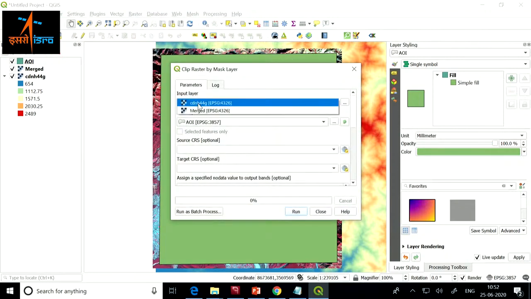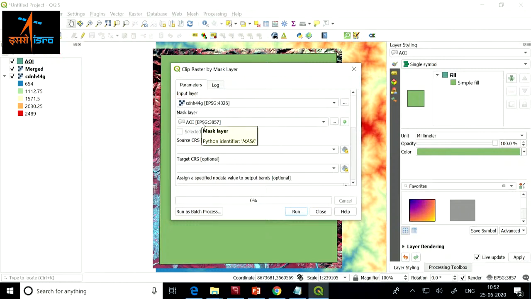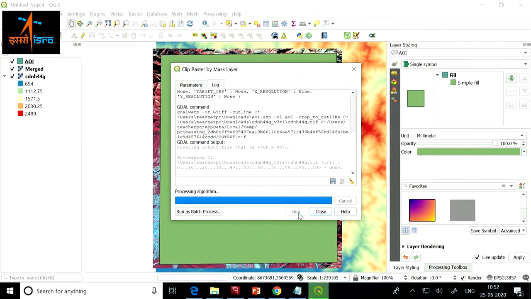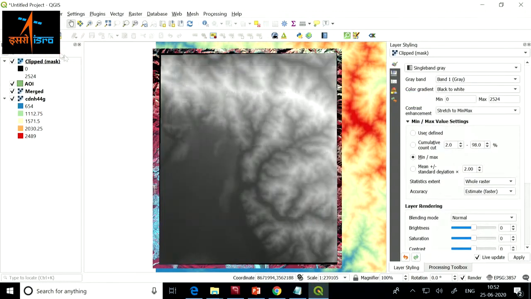So I say I want to clip the DEM for the AOI, and I want to, yeah, if I don't give the output file name, it will create a temporary file. You will need to save it as a separate file if you want. You click on run and it will clip it.